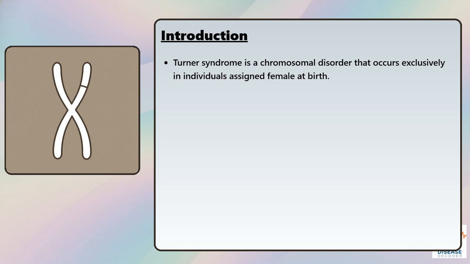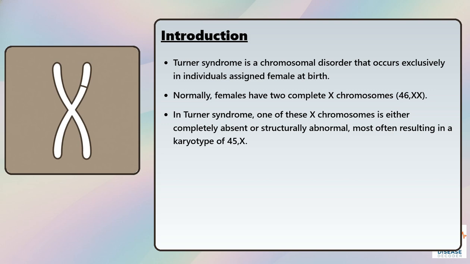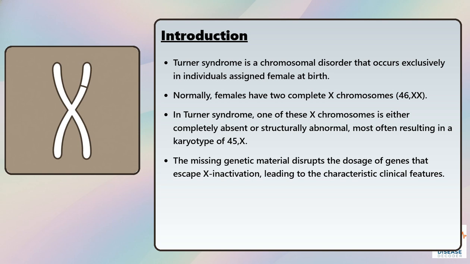Turner syndrome is a chromosomal disorder that occurs exclusively in individuals assigned female at birth. Normally, females have 2 complete X chromosomes, 46XX. In Turner syndrome, one of these X chromosomes is either completely absent or structurally abnormal, most often resulting in a karyotype of 45X. The missing genetic material disrupts the dosage of genes that escape X inactivation, leading to the characteristic